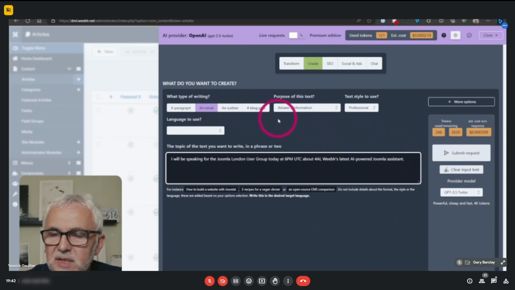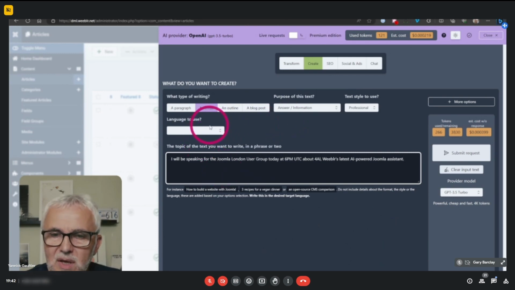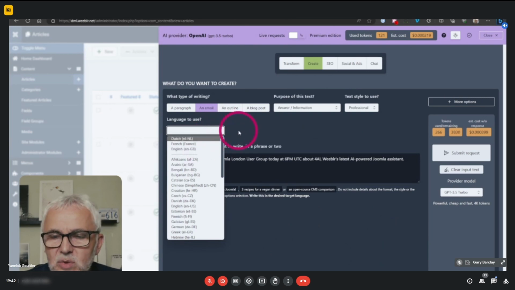You have a few settings, but what I've tried to do is make most of it done through clicking options. In the topic of the text, the topic of the question, you just talk about your question. You don't have to tell it you want an HTML email. You don't have to tell it you want it written in a really professional way. You don't have to tell it which language you want to use, and so on.